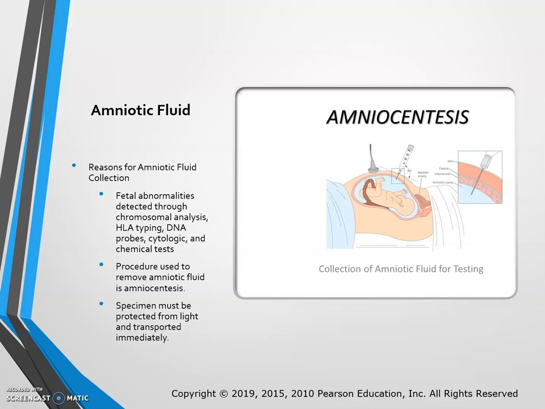Amniotic fluid. Reason for amniotic fluid collection: fetal abnormalities detected through chromosomal analysis and chemical tests. Amniocentesis is the procedure used to remove amniotic fluid. This can also be really useful in detecting various stages of cystic fibrosis or other genetic concerns, and the specimen must be protected from light and